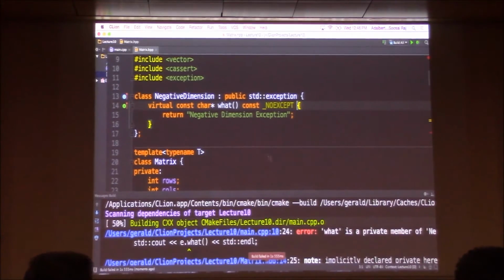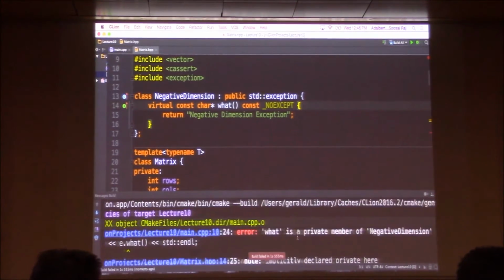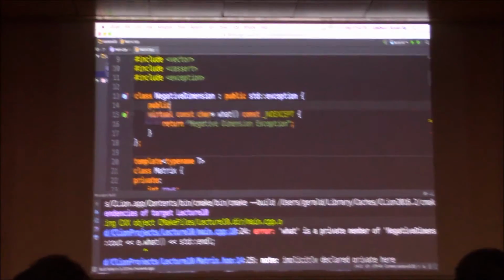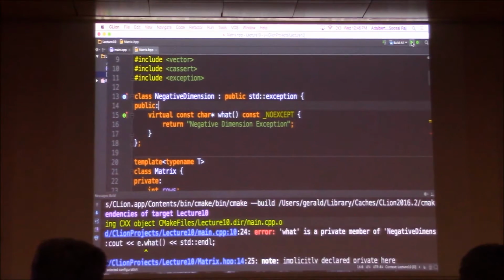Since we did not say explicitly that what is a public member function, it thinks that by default everything inside a class is private, so it thinks that it's a private member function, and so we have to have the public keyword here. Now when we try to run this,